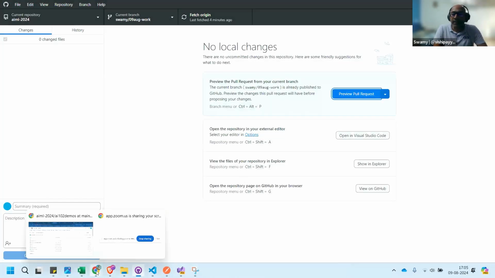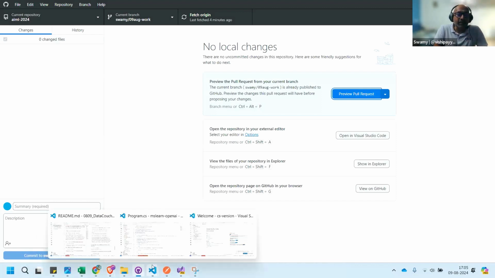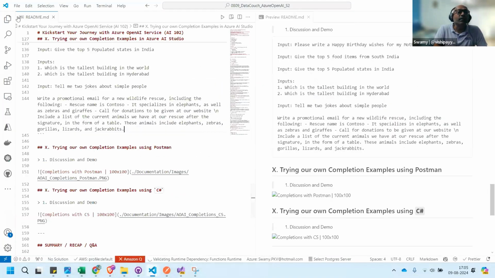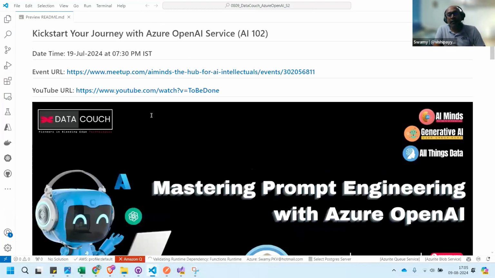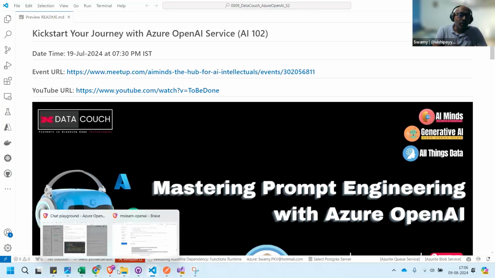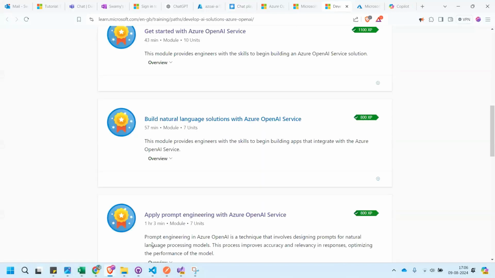Okay, that being said, let's see what we are going to do. The previous session we started with Hello World, an introduction to Azure OpenAI, and this session will focus on prompt engineering and whatever delta was left out of these two sessions, because the syllabus is a big content.